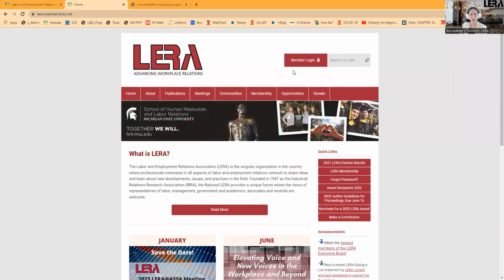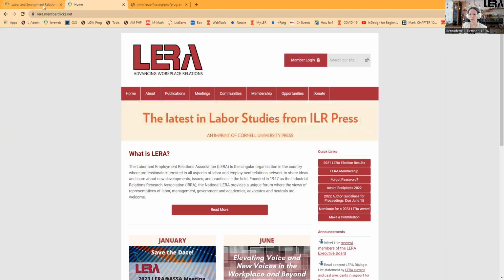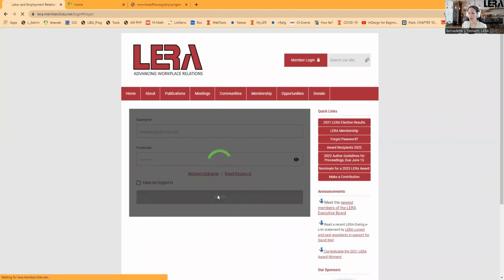All of the meeting web pages are protected behind the login and registration connected to the registration for the conference. So you'll click this member login button, enter your username and password. If you don't know what these are, then please email or use the reset password button before you're late to your first session. When you click login,